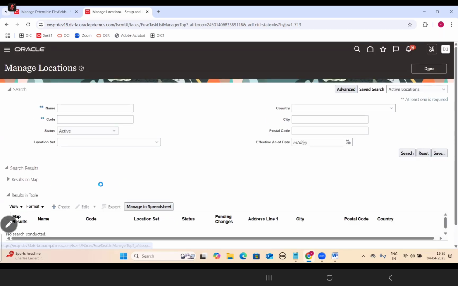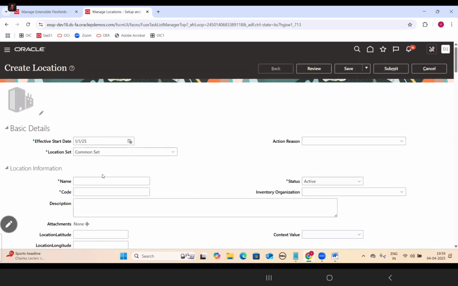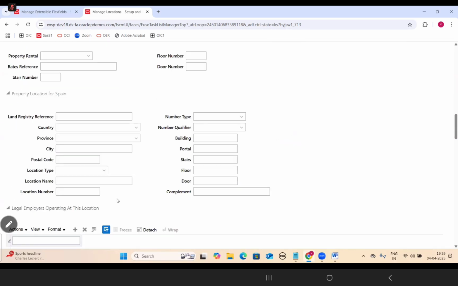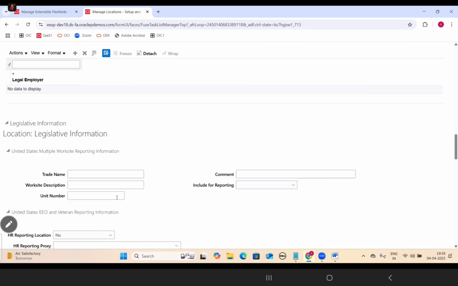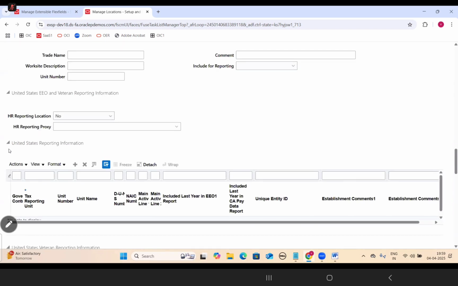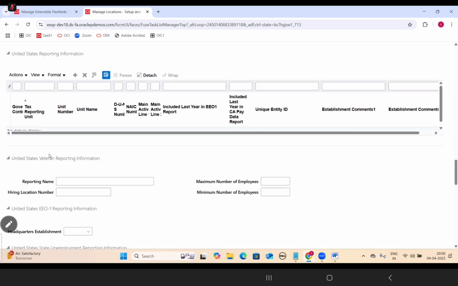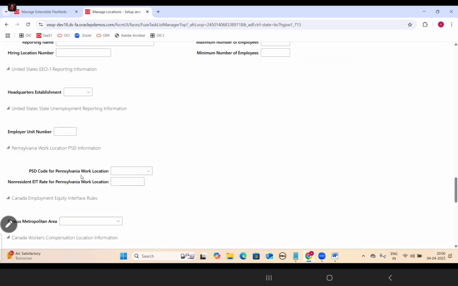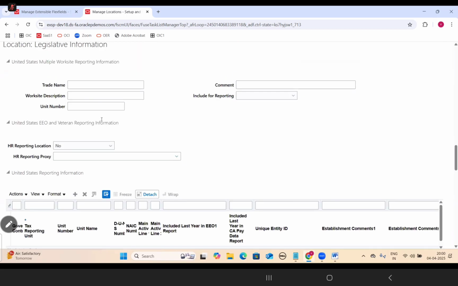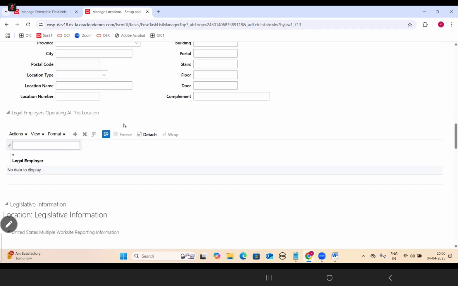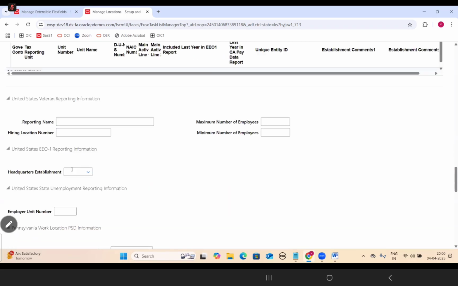Here the location. In the location page, there are many sections: legislative information, something in the United States reporting information, something in the United States veteran reporting information. So from these multiple sections,